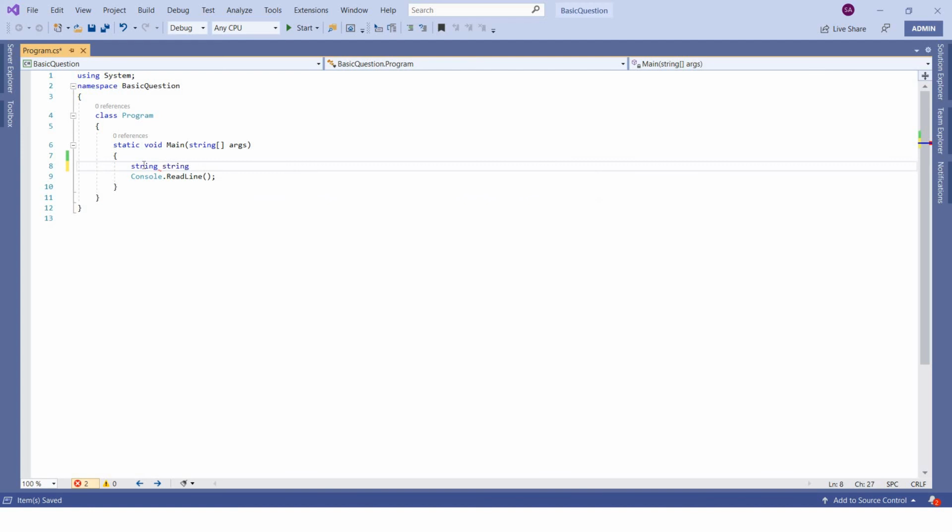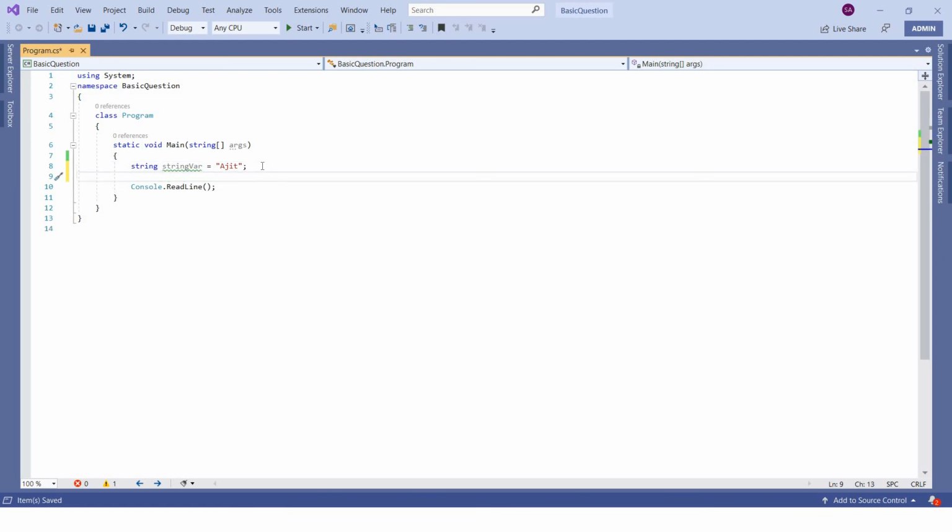So let me give a string variable equals to, and to store any value into the string, you have to write your string value in double quotes. So let's say Ajit, right? So now this Ajit will be stored in the string variable.